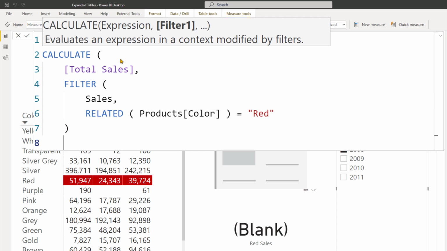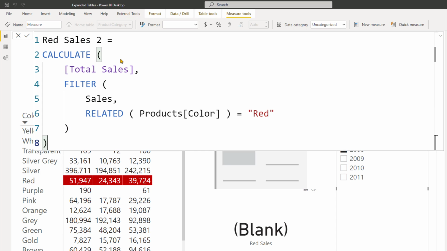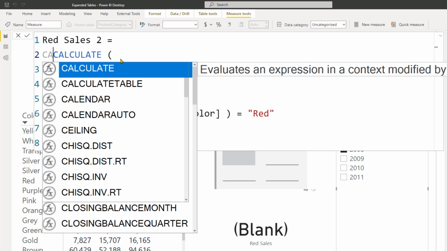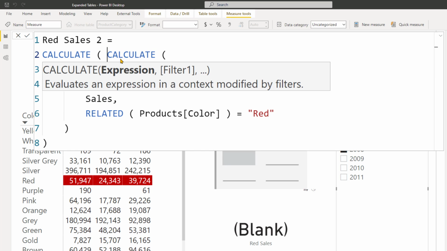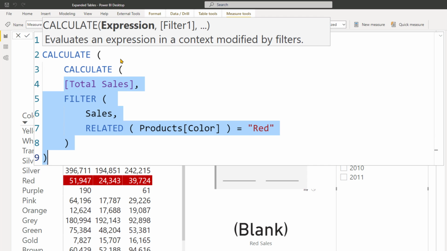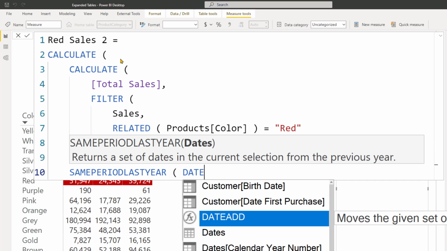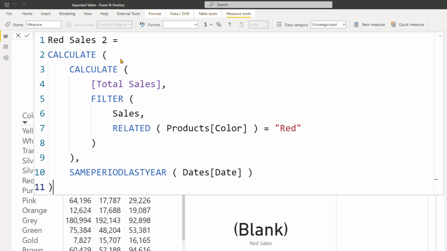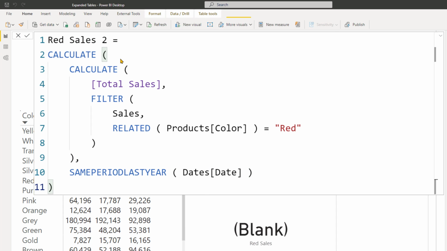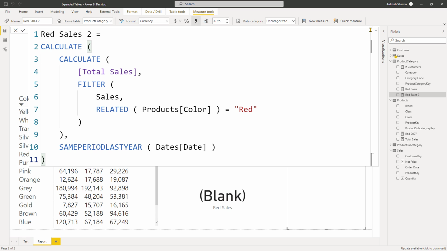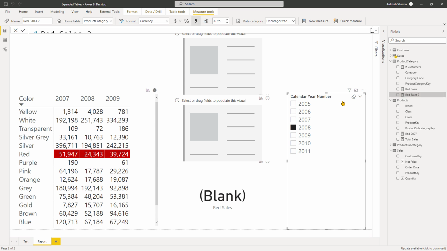And what we are going to do is close this calculate and initiate another calculate over this calculate. So let's indent everything. And this time we are going to write that same period last year, dates, date. Let's close this calculate. And if I press enter, and let's bring that as well in a matrix,